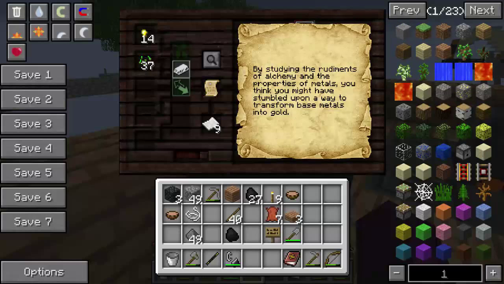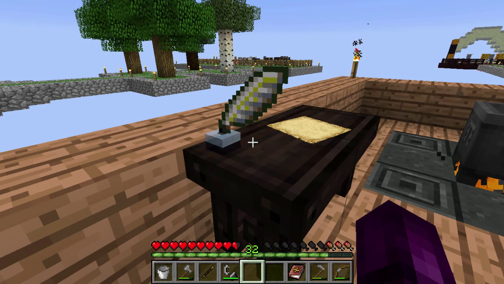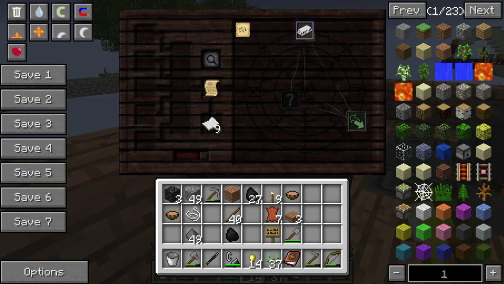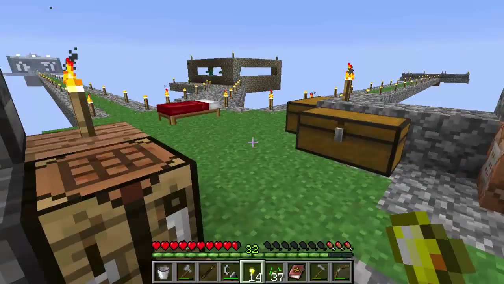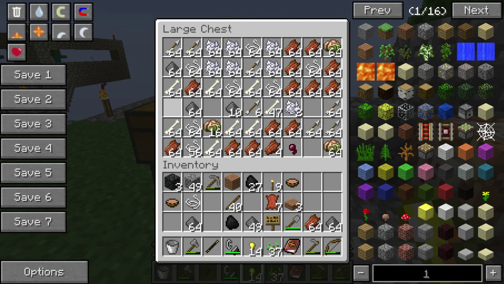Okay, so we need another element. I'm pretty sure it's, so for basic we need, okay, I know what we need. We need Charis. So before we can do any of the other stuff, we need Charis, which is essentially